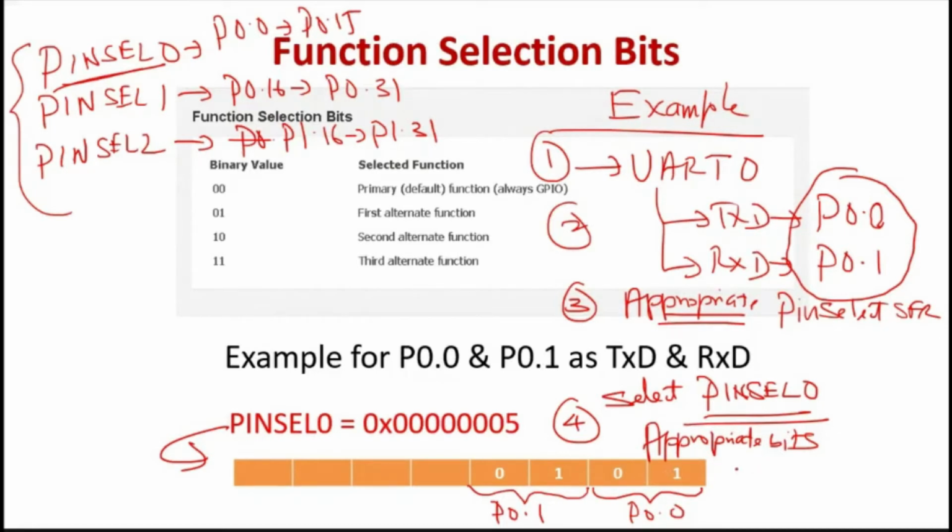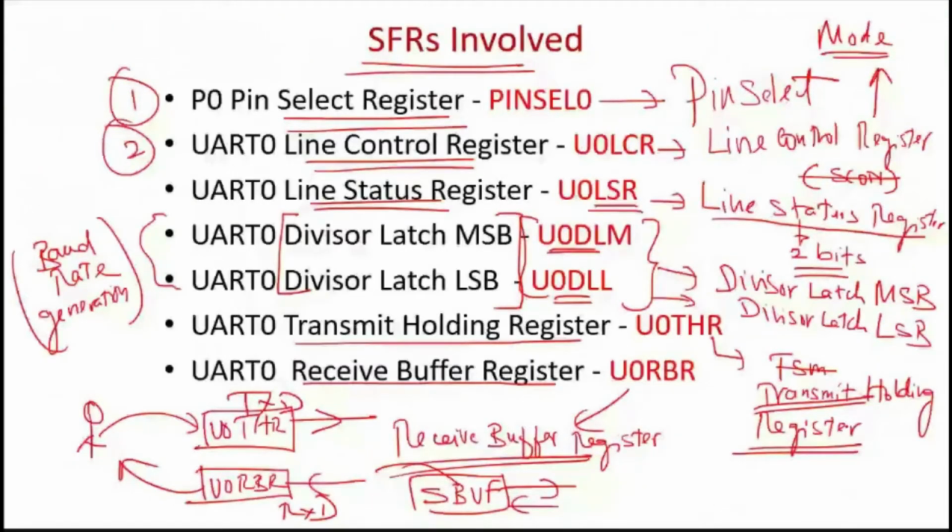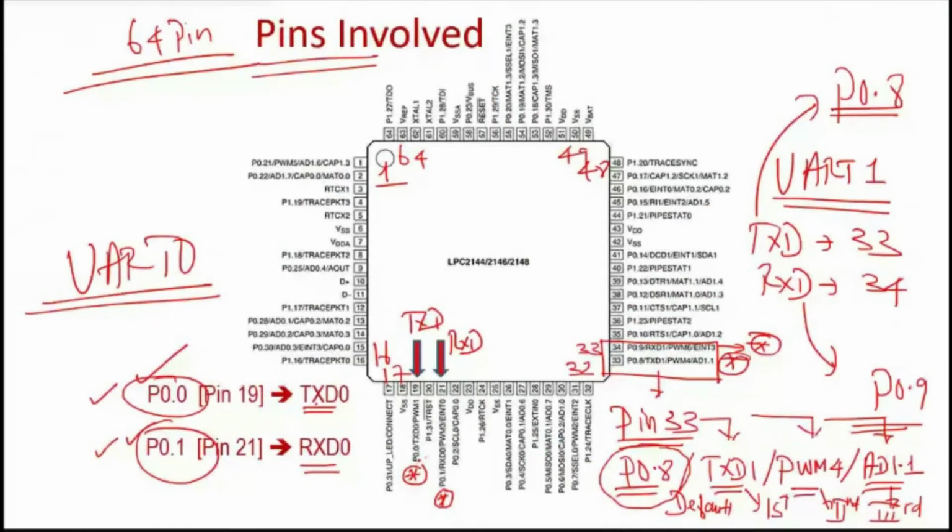Because these 2 bits have 4 possible combinations: 0, 0, 0, 1, 1, 0, and 1, 1. So what is the value that I should write here? Definitely not 0, 0, because 0, 0 corresponds to the default function, which I am not doing here. I am planning to use the transmit and receive pins, so what is the exact functionality of those 2 pins? You have to refer back to the pin diagram. You see the pin diagram, the default function is port 0.0. I write it here for your understanding.